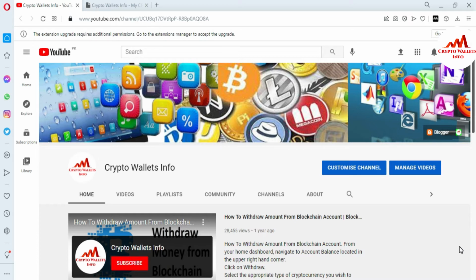So today I'm going to show you how to export or find the Bitcoin private key in your Infinity Wallet. Yes, you can easily find the Bitcoin private key, also the Ethereum private key, and the private key of any other coin which is already listed in Infinity Wallet. I hope this information is very informative for you.